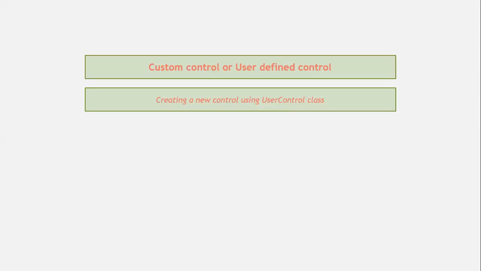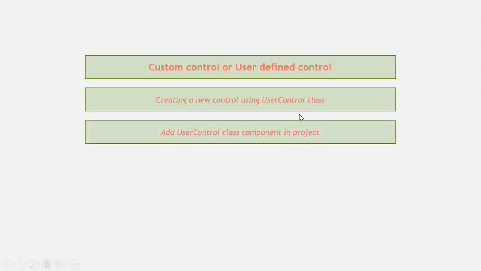There are two other concepts also. The first concept is the creation of a control that should only be used in the same project in which you created it. Another concept is the creation of a control that can be used in all the projects wherever you want to use it. In that case, you have to get the DLL file for the control that you have created, and after that you can import that DLL file in every project, get the control into the toolbox, and then use that control in your project.